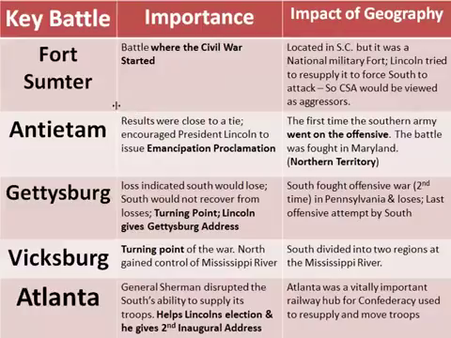All right, so let's summarize here these key battles. There's 5 of them. Fort Sumter's basically where the Civil War began, located in South Carolina. Lincoln tried to supply it to force the South to attack and become the aggressor during the war. And we heard him refer to the South as an aggressor. Antietam, Emancipation Proclamation, was issued afterward, and